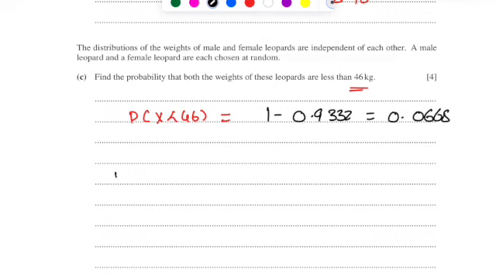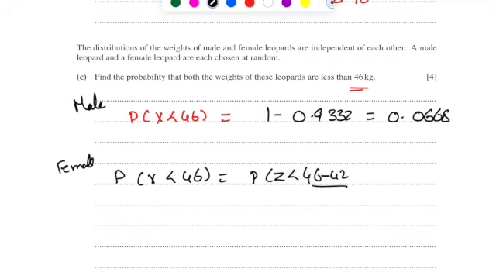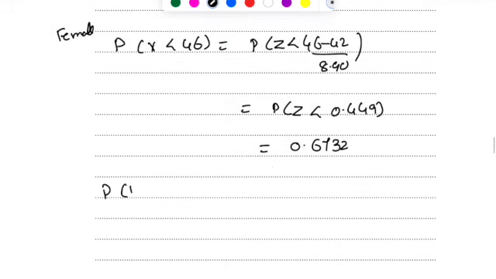Now, this is for male. Now I need to find it for female also. Probability of x less than 46, which is probability of z less than (46 minus 42) divided by 8.90, which is probability of z less than 0.449. See from the table, 0.6732. Now both should be less than 46. So male is less than 46, which is 0.0668, times female also less than 46, 0.6732,